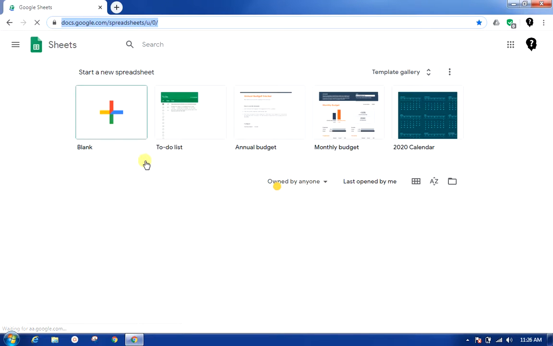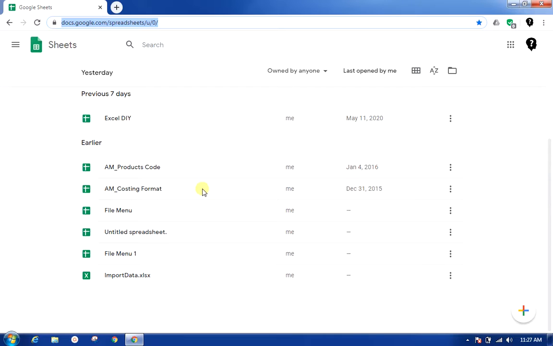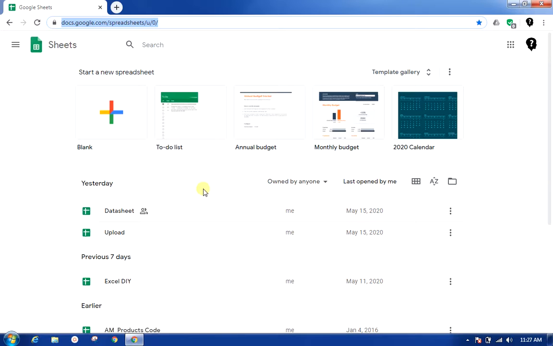This is my landing page, wherein at the top you have some pre-opened or previously opened files, along with the blank option from which you can start a new spreadsheet to work upon. Below that you will see the recently opened files and all the other files that you have on your drive. To start any file you can click on the blank.